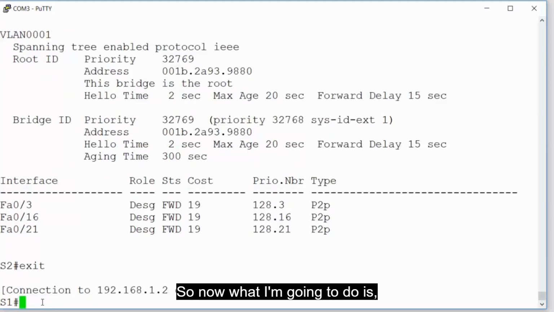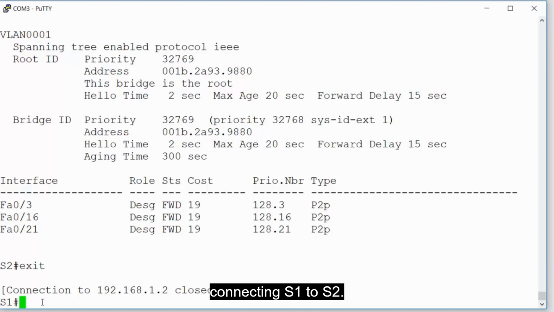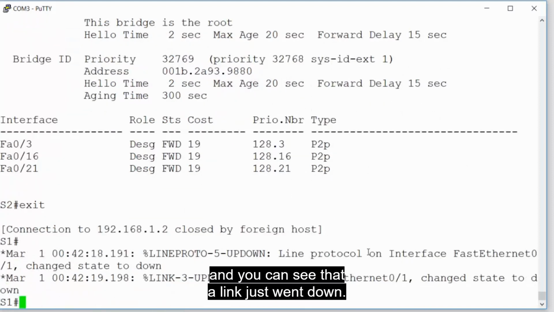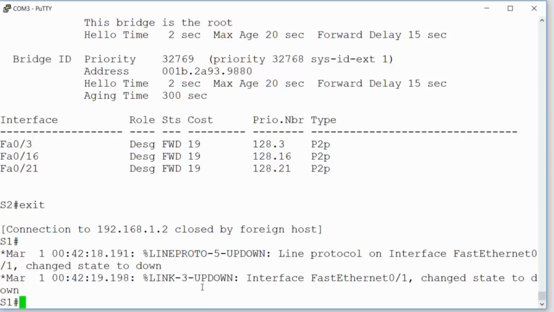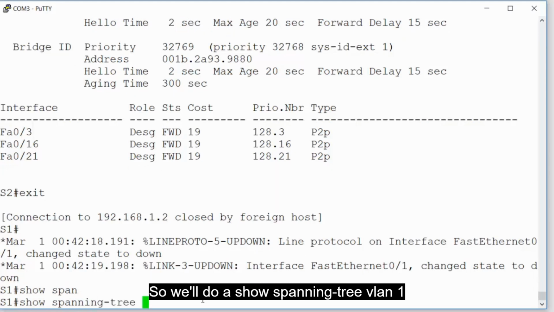So now what I'm going to do is I'm going to disconnect the Ethernet cable connecting S1 to S2. All right, there goes the cable. And you can see that a link just went down. So we'll do a show spanning-tree